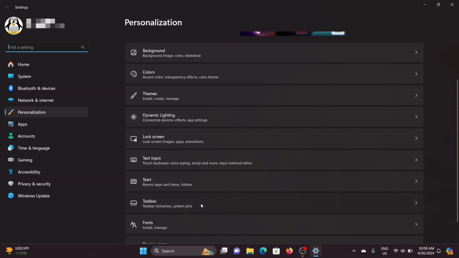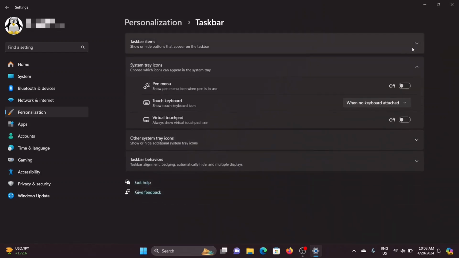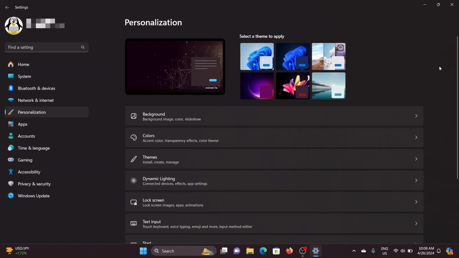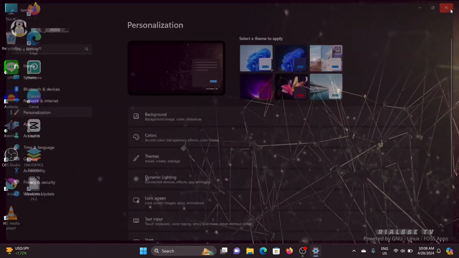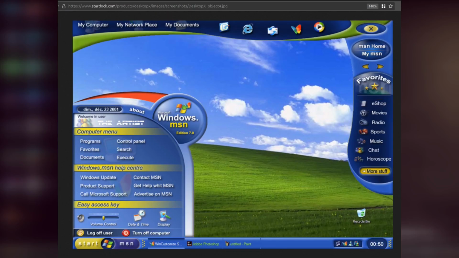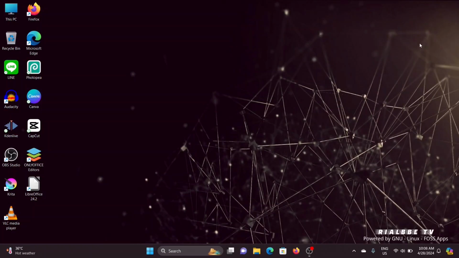The behavior of the taskbar, let me see. No. You're stuck with it. So sad, right? So sad. Because way back Windows 7, Windows XP, and Windows 95, you can always modify it without